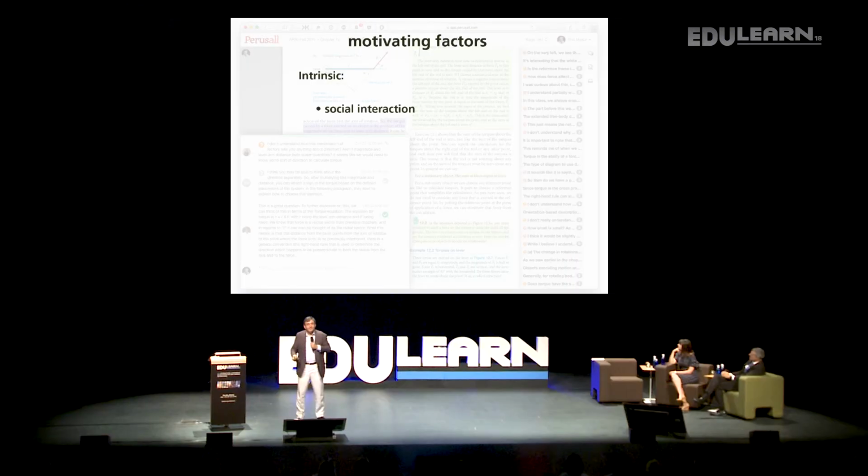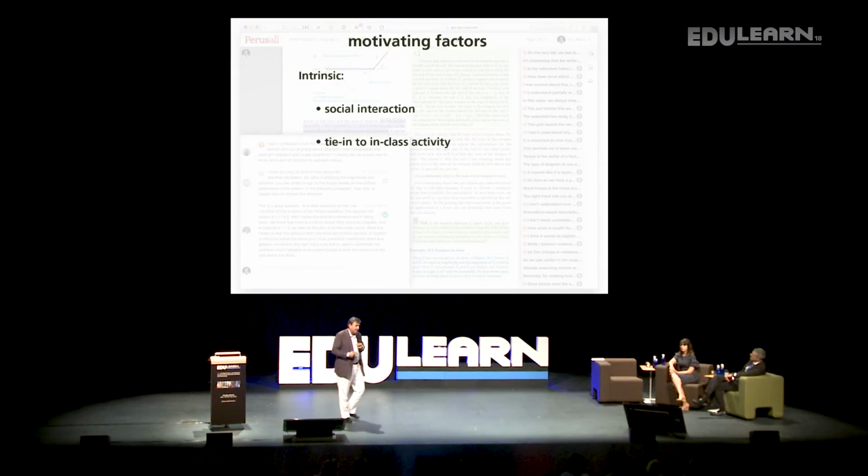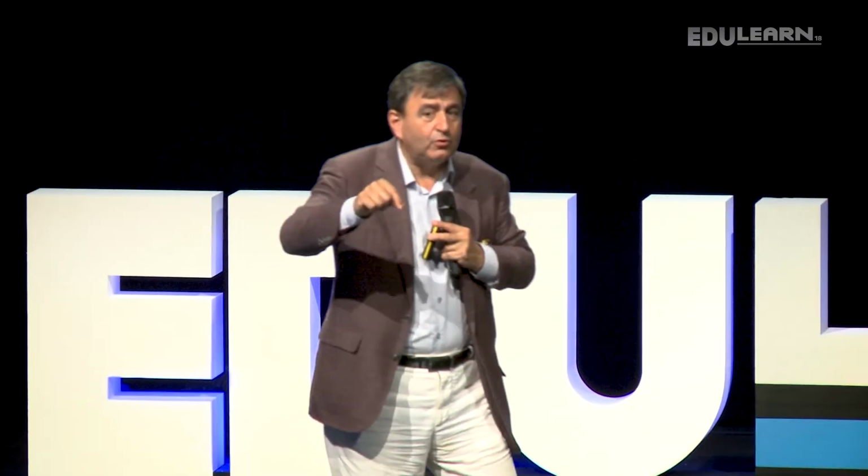So what are the motivating factors? Well, the intrinsic one is social interaction. I didn't get to show you that, but students actually get to interact with each other online, sometimes asynchronously, sometimes synchronously. There's a tie-in to the in-class activity, because now if they do the reading and they take the effort